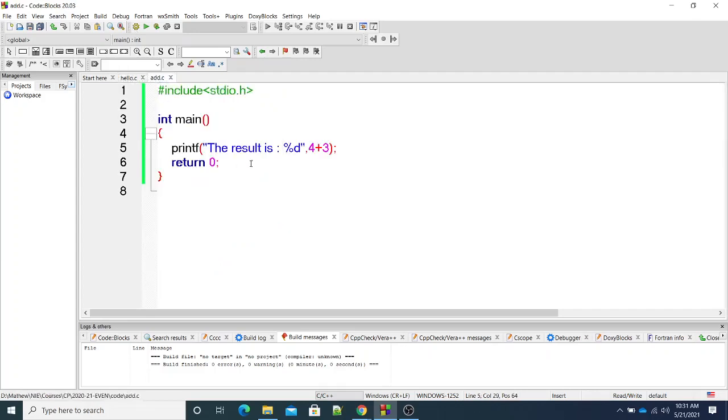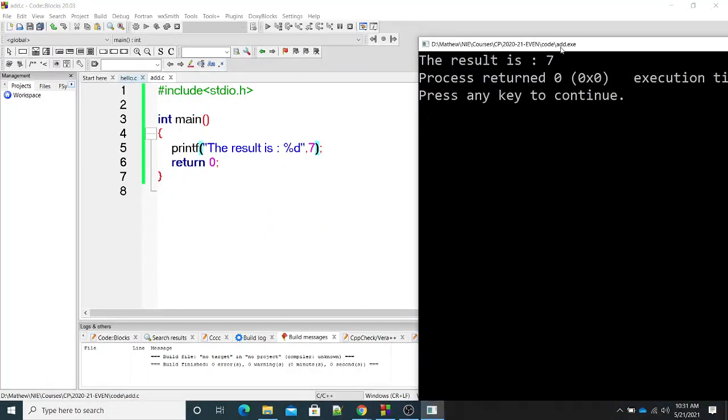The second variant is you pass a string and then a comma separating the next input. So there are two inputs to this function. One is a string, second is an expression or a constant value. Now when we pass this, what is the output we are getting? We'll see. The result is 7. So in the place of %d, this 7 has come.